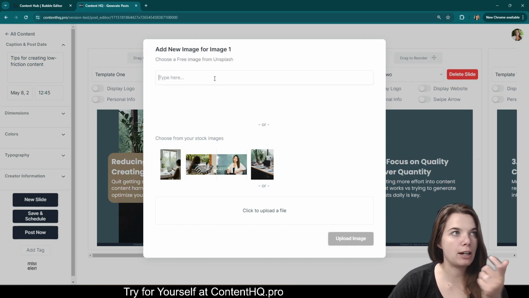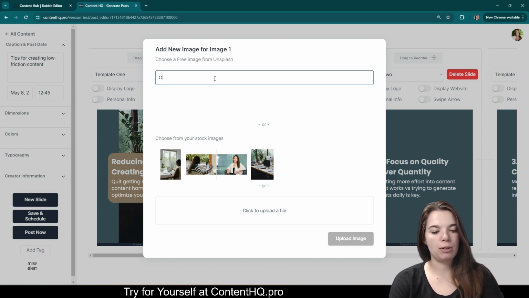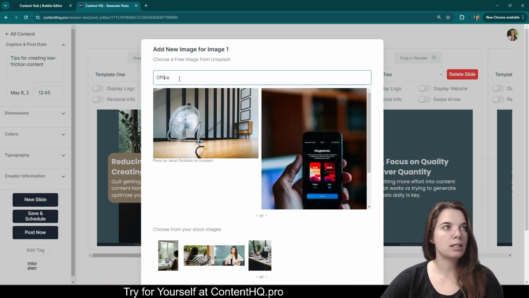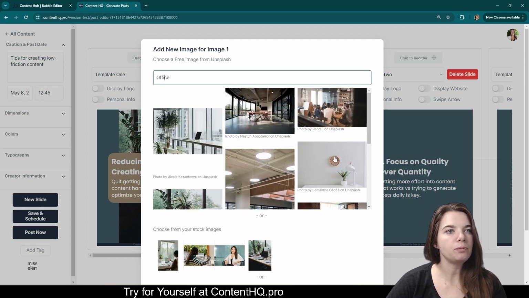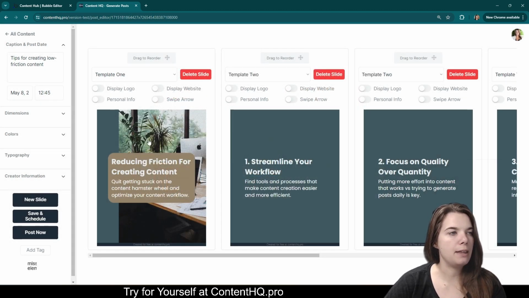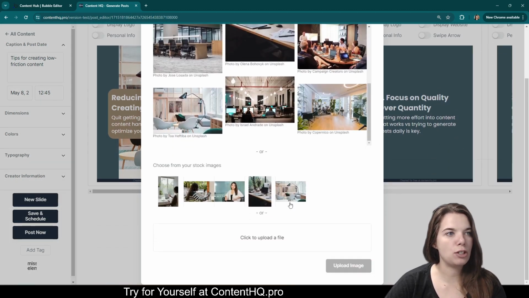So it actually allows you to choose images from Unsplash. So if we choose office background, something like that. Spelling it right always helps as well. And you can switch it out for whichever ones you would like in there. You'll also see it gave you the option to choose from some of your preloaded photos,